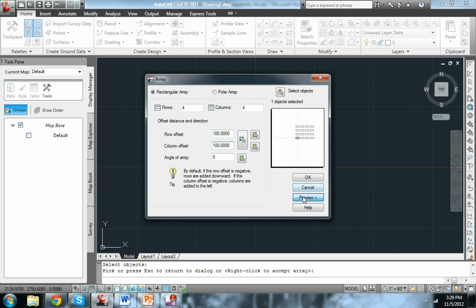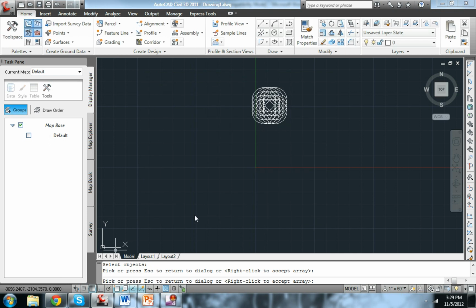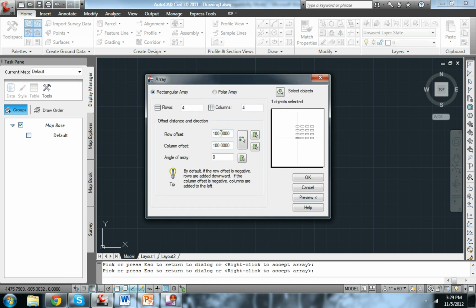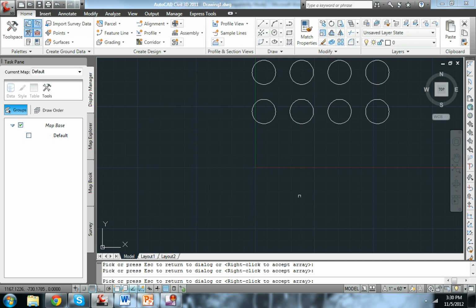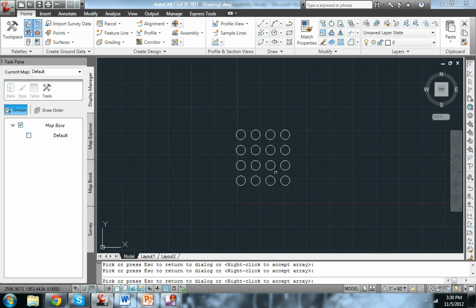See if we can see it now. So let's make it a lot bigger, like 1,000. That's all it does. It makes an array. So I just started with one and I can make multiple. So I've accepted this array. So now I got